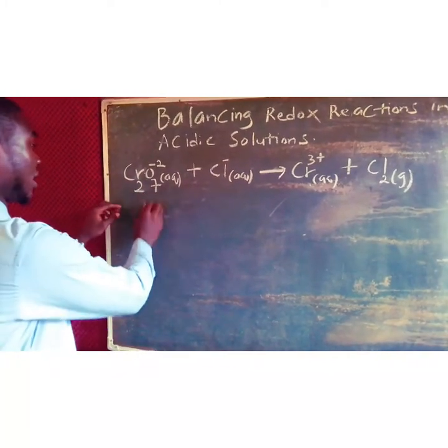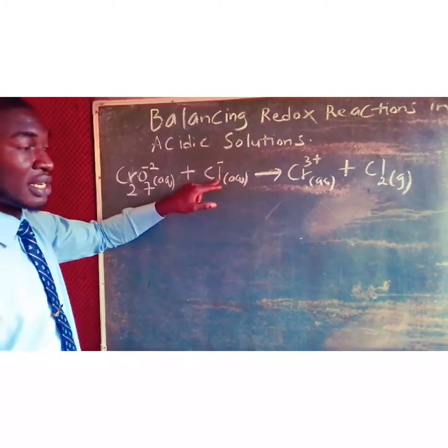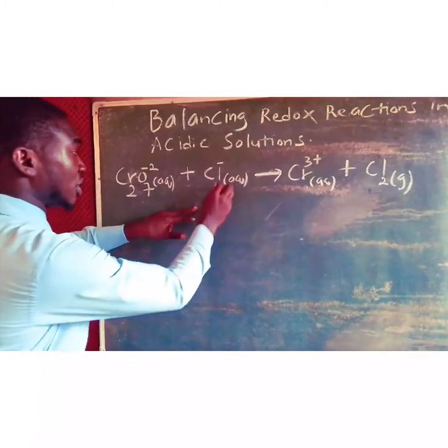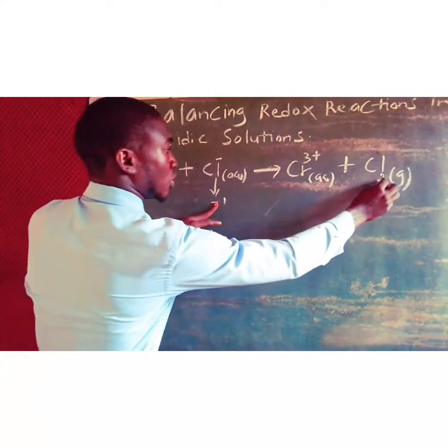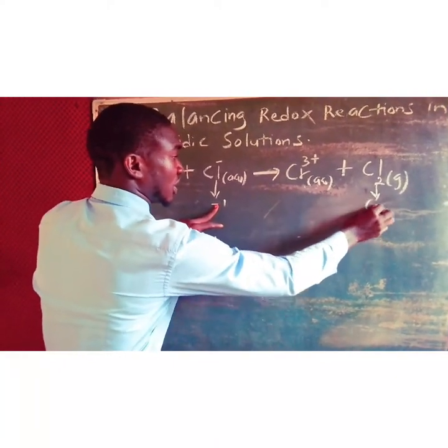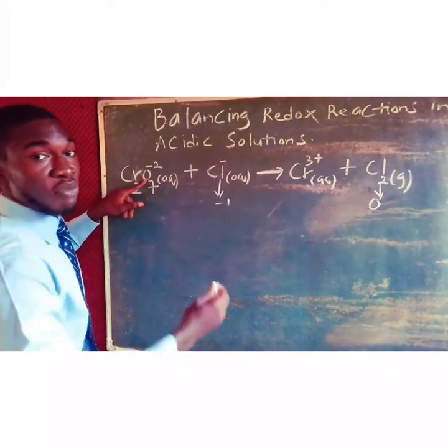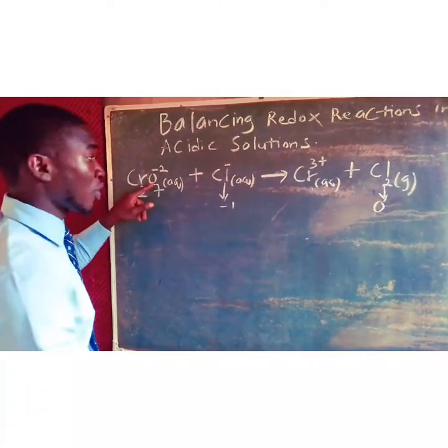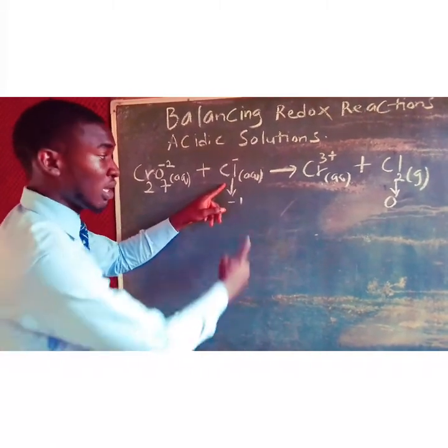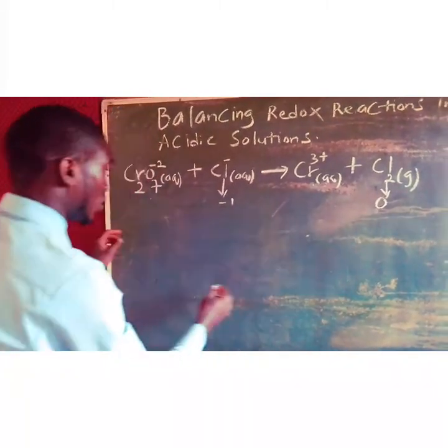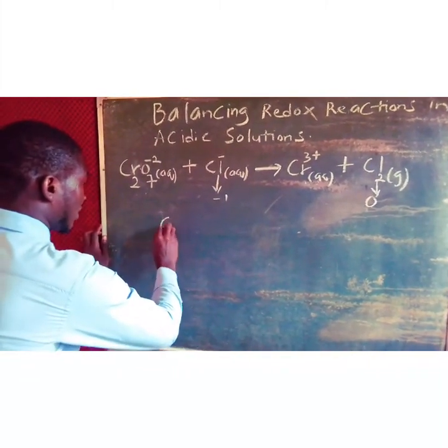So this was oxidized, because there is an increase in the oxidation number, from -1 to 0 here. Remember, because there's a removal of oxygen, the removal of oxygen is what? Reduction. Here we have oxidation because there's an increment in the oxidation number from -1 to 0. So now the half equation for oxidation first. We have